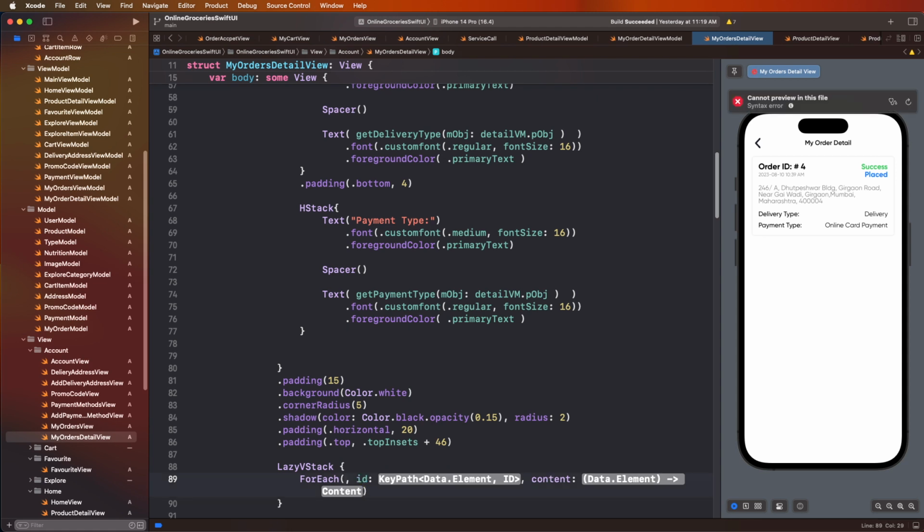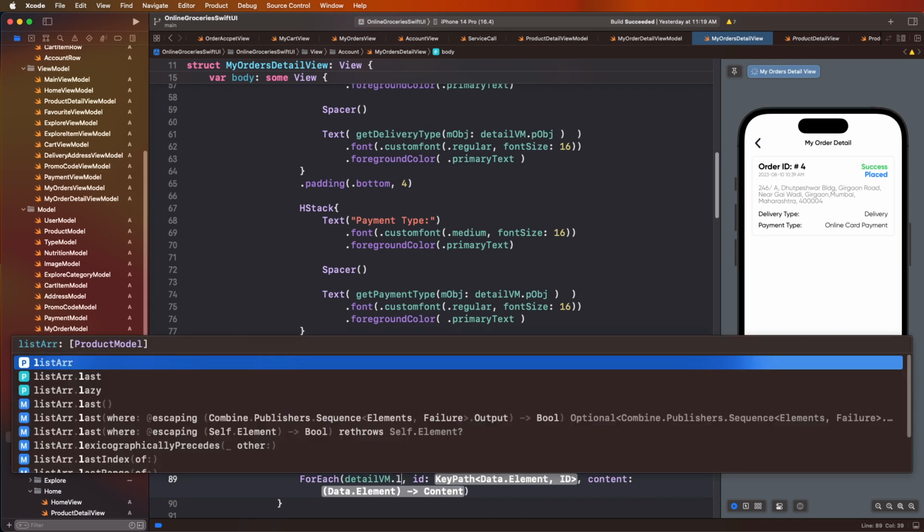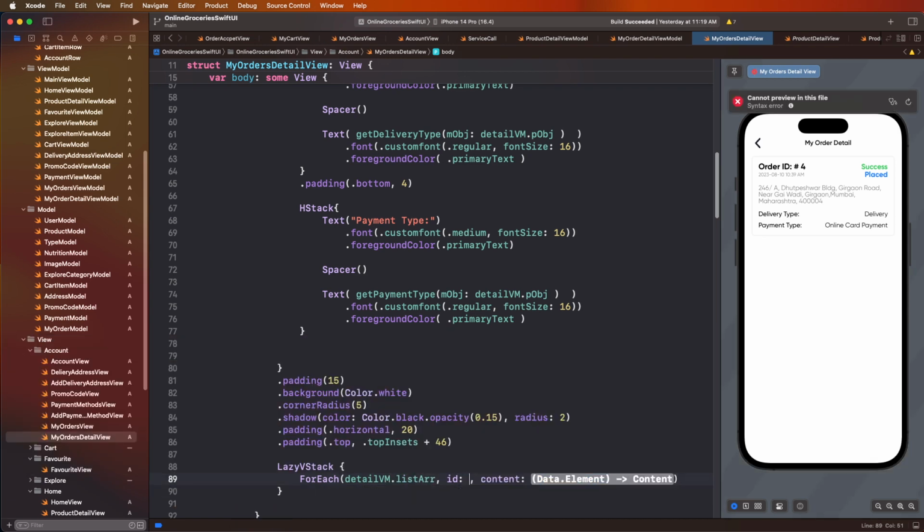Now need to set here the VM dot list array and the ID. Put this data here, and